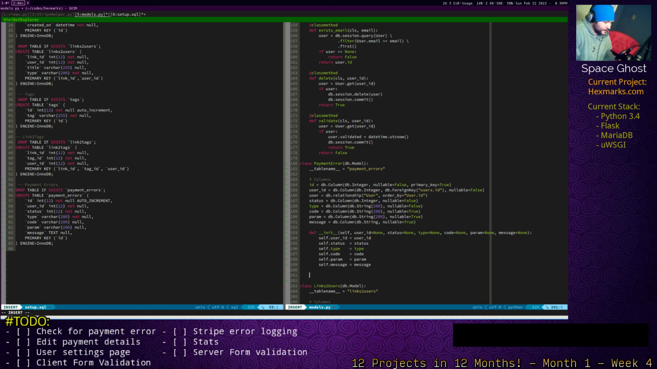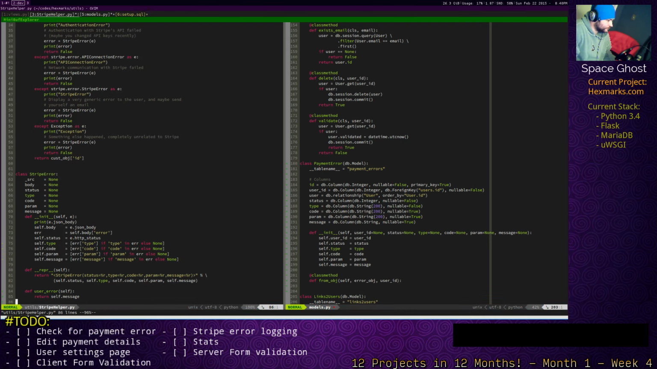Let's do a class method here. And what we want is we want to be able to pass in that error object and have it set the fields. And we'll probably pass the user ID too. Alright, so then we can just do